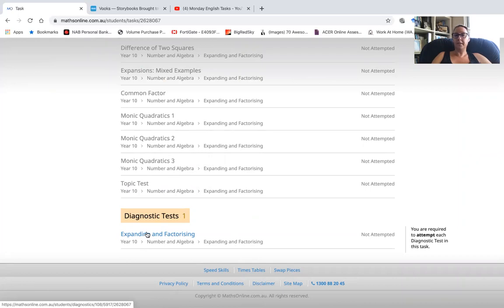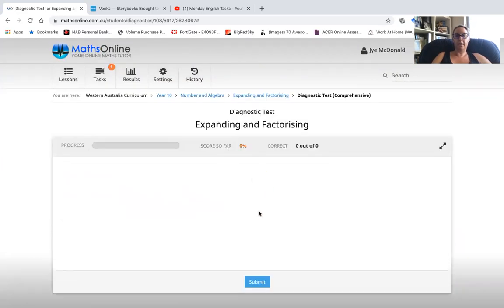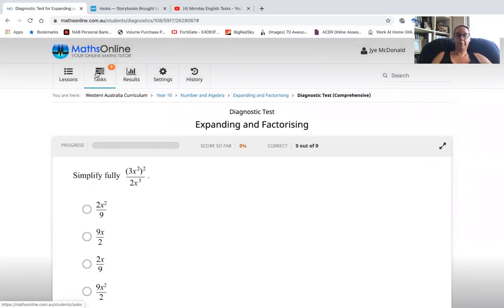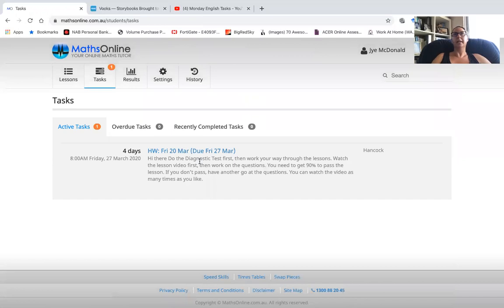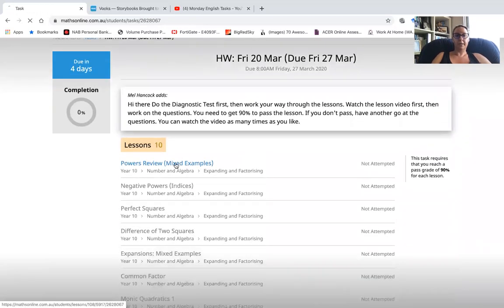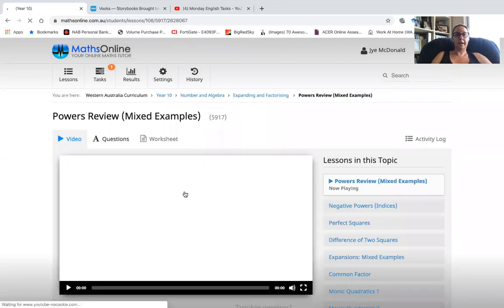Now that's just a test. I'll just show you what it looks like. You can basically get these and choose an answer and submit. The diagnostic tests are usually just to find out what the student knows, so that the teacher can set appropriate tasks. Okay, so if we go back into the task list again, if we go into this powers review,